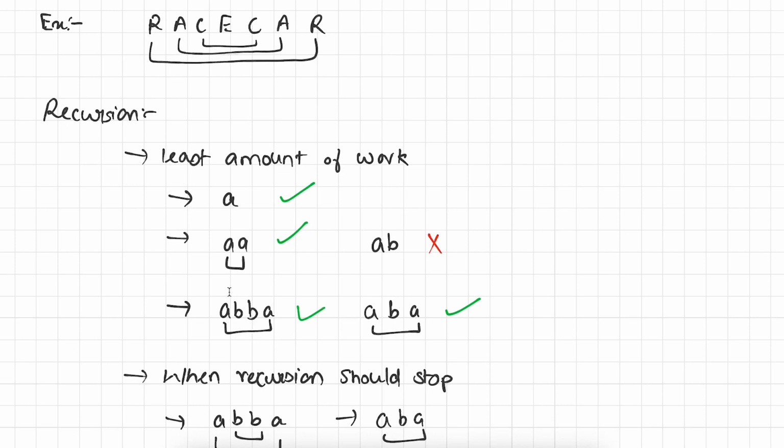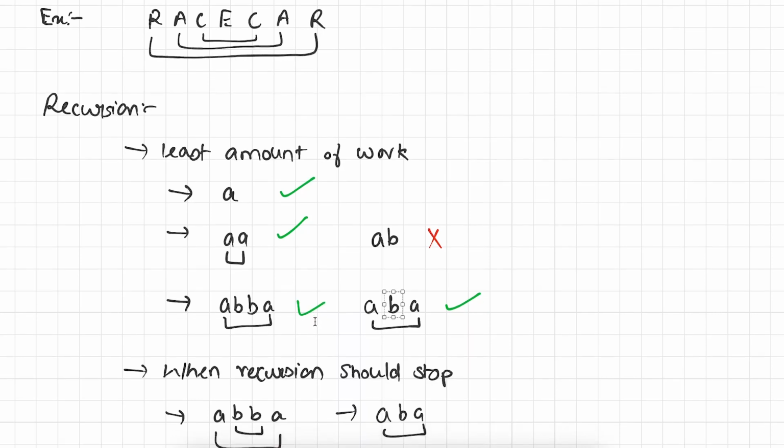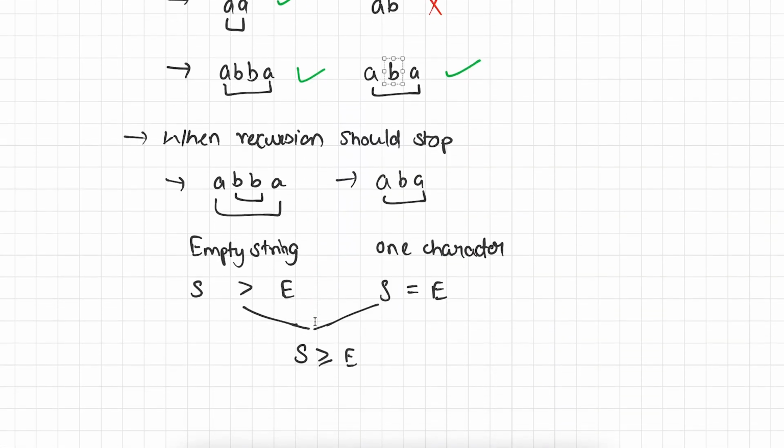Okay. And what happens if we have four characters? Again, we simply find the first and last character. If they are equal, then we can say that it is palindrome, and then we repeat the same step with the remaining characters. Okay. So here we are breaking the problem into smaller problems. So we are checking the first and last character and we are repeating the same step with the remaining string. Okay. And what if the string is given as ABC? Again we check the first and last character. If they are equal, then we move to the remaining string. Okay. So the least amount of work we can do here is just to check the first and the last character. Okay. So far so clear.